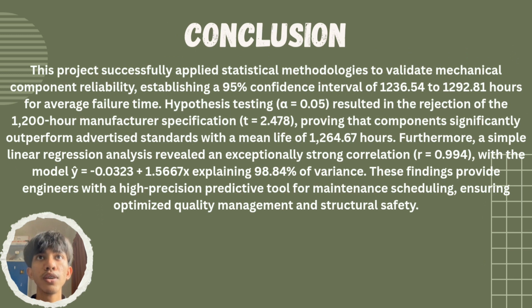Hypothesis testing: alpha equals 0.05 results in the rejection of the 1,200 hour manufacturer specification. T equals 2.478, proving that components significantly outperform the advertised standard with a mean life of